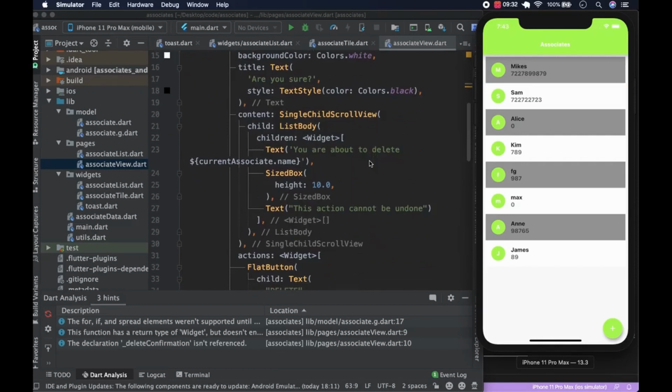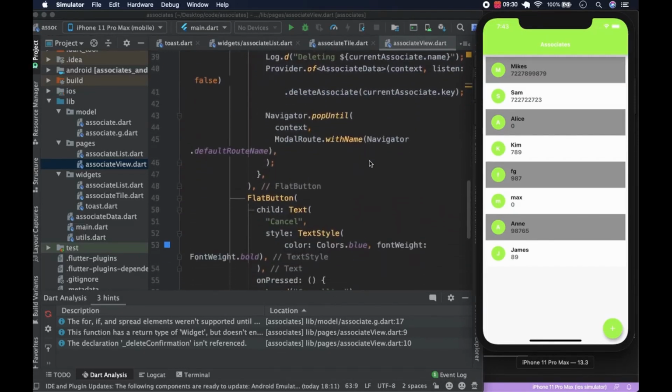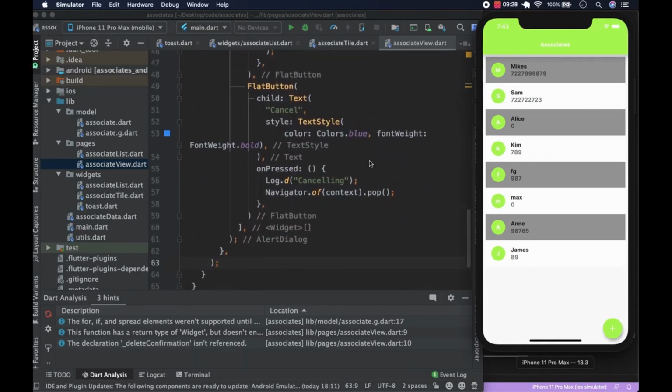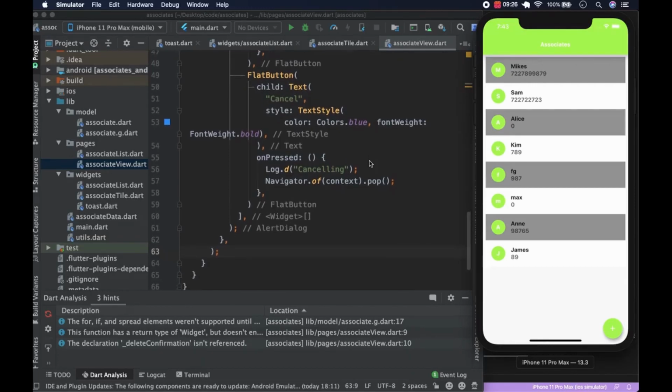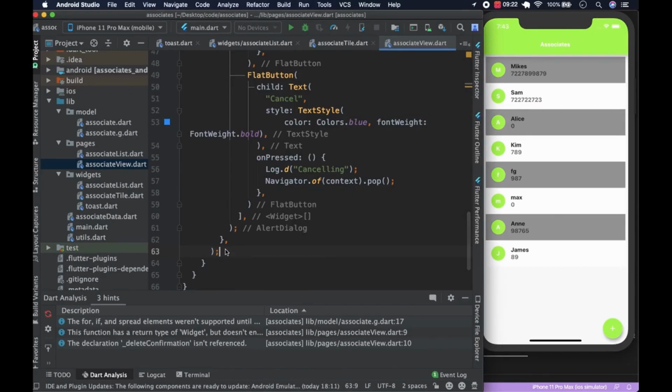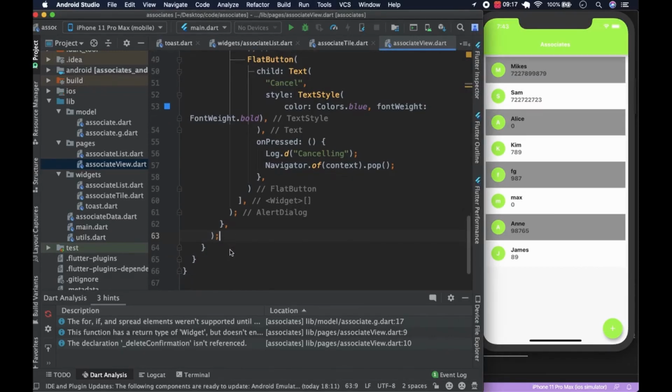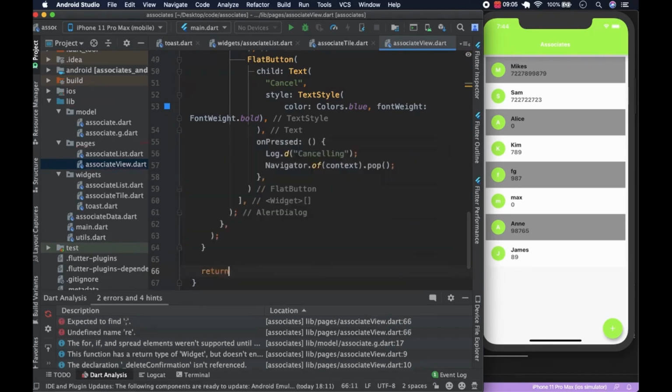Will trigger rebuild, and so that is what we are going to build. So let's go to navigator, and where do we put this? About here, right? We could return